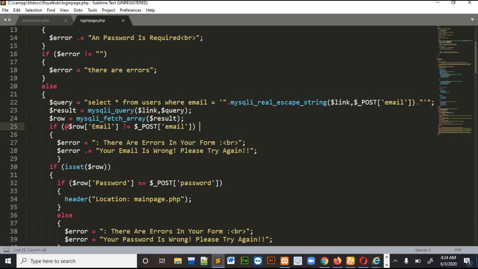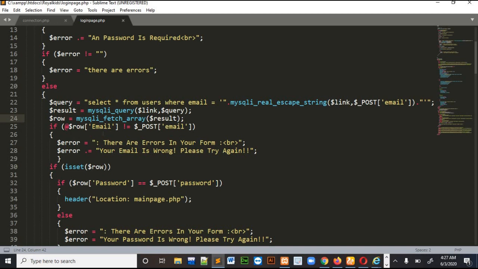Then we are fetching the whole row, and we are saving that row in our row variable. This function will fetch everything. This statement will fetch the data. Then it will compare with the email I had posted again.